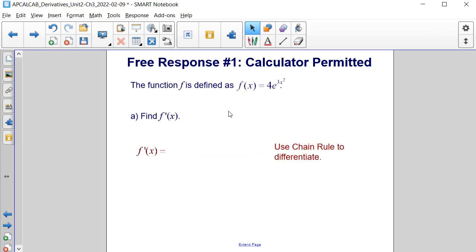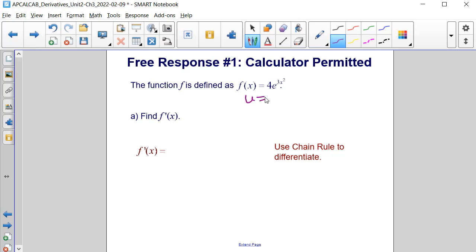Let's begin by finding f prime of x. Some may want to use what's called U-Substitution in order to differentiate this a little bit easier. If we were to use U-Substitution, we could set u to be the exponent of e. So that would be 3x squared. And then if we differentiate u with respect to x, it becomes 6x